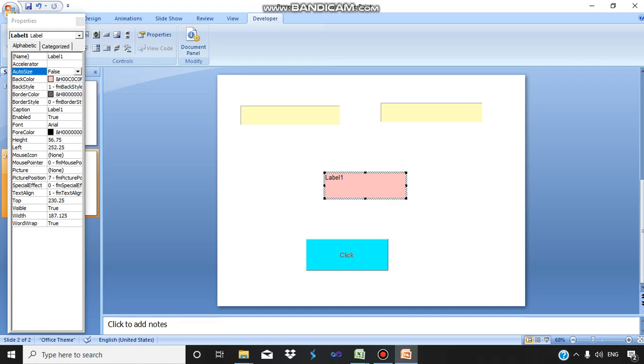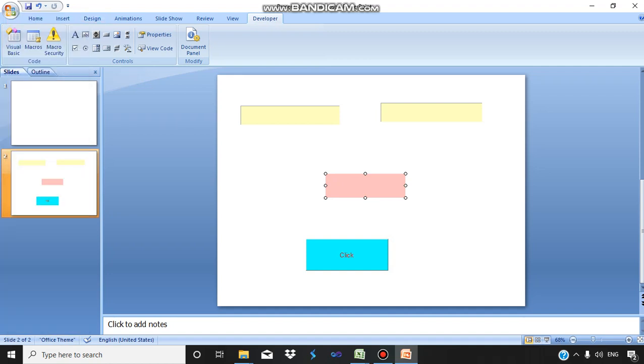Suppose I'm removing this label text, I'm just keeping it empty. So here are two text boxes, one label control and one command button control. Now let's close this property window and we double click the command button to come to the code window.